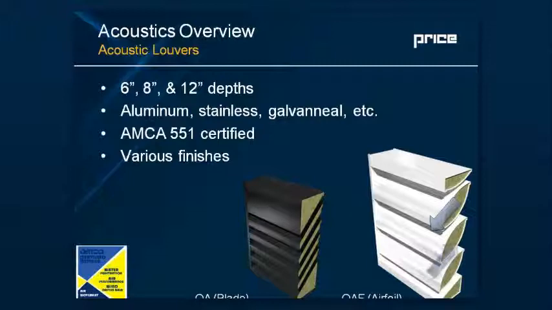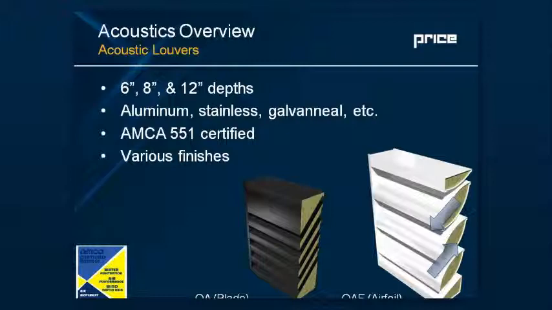Acoustic louvers are another tool or trick that can be used to reduce noise in lieu of a traditional louver and in lieu of a silencer. A silencer typically goes down to around 24 inches in depth or length, whereas acoustic louvers can go down to 6 inches. So these are great for facade applications or applications where you just don't have the space to use a silencer. They give you typically an 8 to 10 dB reduction. It's just important to realize that your airflow is typically limited to around 500